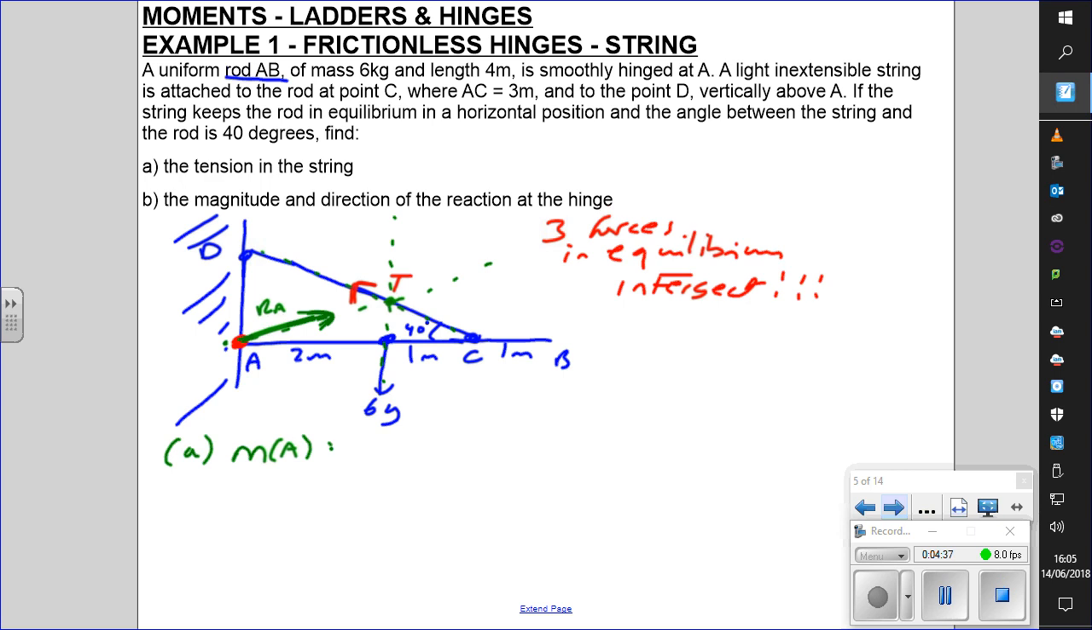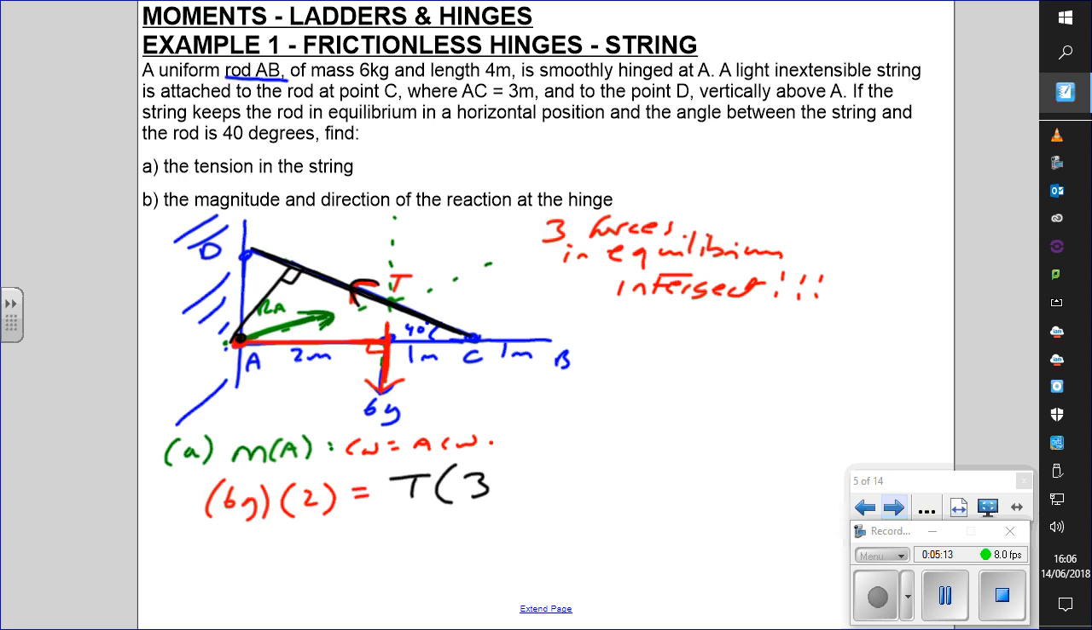So let's do it. Clockwise equals anti-clockwise, right? So what's the clockwise forces? Well, that's that 6g. So line of action, 6g. Perpendicular distance from the pivot. So I've got 6g times a perpendicular distance of 2. Likewise here, I've got my tension, right? Draw it going past the pivot. There's the pivot, so there's your right angle. That tells you exactly what you've got to do. So force is T,